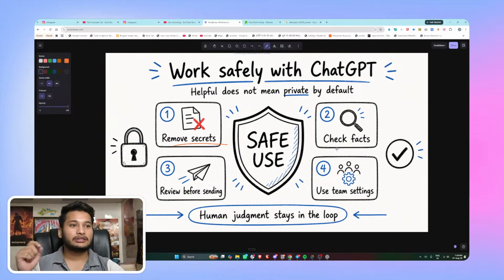Next, check facts. You can ask AI to check the facts before completing the report, but you can also check the facts yourself. Maybe AI can also hallucinate or mold the facts according to the answers required. So you can check the facts, but it's not that important. AI models are good enough that they can recheck the facts on their own. So you can just prompt it